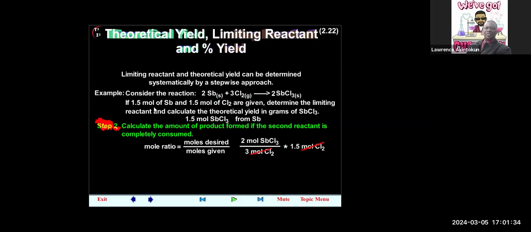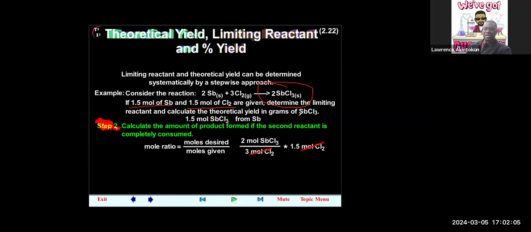Now, what we're doing here is producing the same product with the two reactants. Remember, you are given 1.5 mole of Sb, 1.5 mole of chlorine. So you are using these two reactants to produce SbCl3,